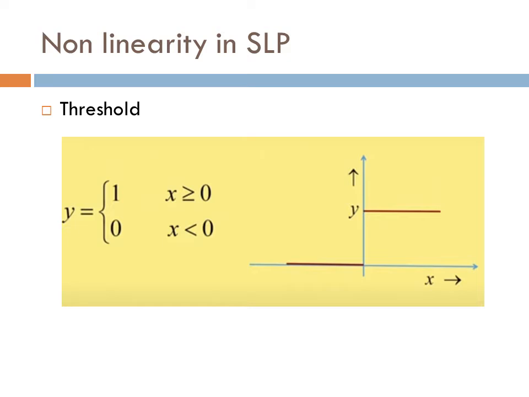It depends on how many nodes there are in the output layer. If there is only one node in the output layer, then we apply the simple threshold on that node. If there are multiple nodes in the output layer, then we apply this simple threshold function to every node in the output layer. So it depends on whether the output is a scalar or a vector, that is, on the number of nodes in the output layer. This was the simple threshold function that we used in the single layer perceptron.